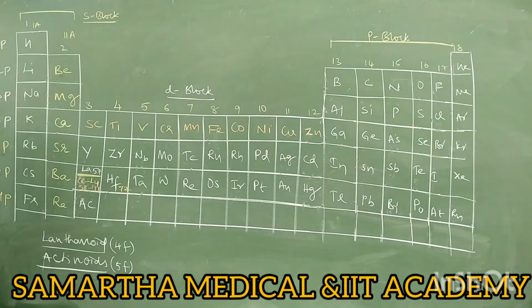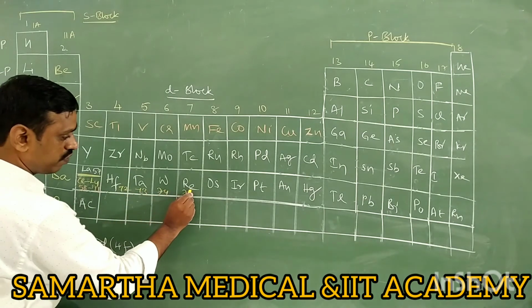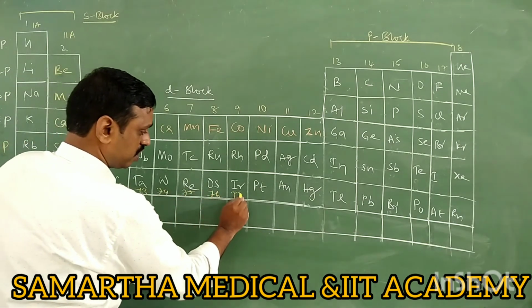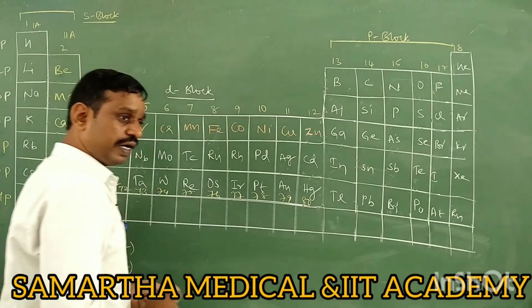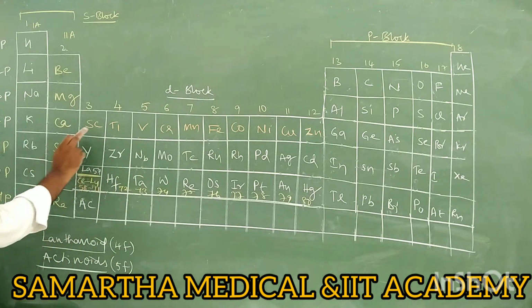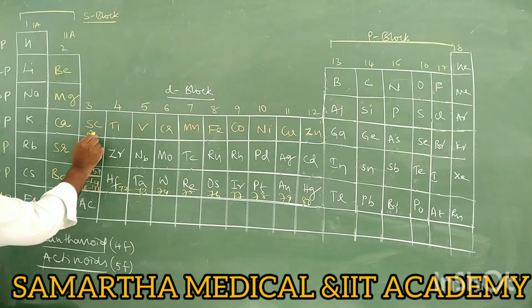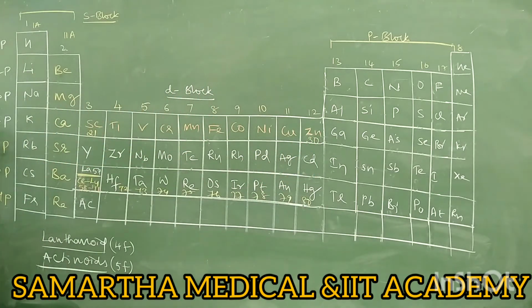Why are they placed in the same box? Because all the 14 elements have similar properties to that of lanthanum. That's why 71 here, 72 is here. If 72 is this, it is 73, 74, 75, 76, 77, 78, 79, 80. Now here, this is 21, no? This is 30.